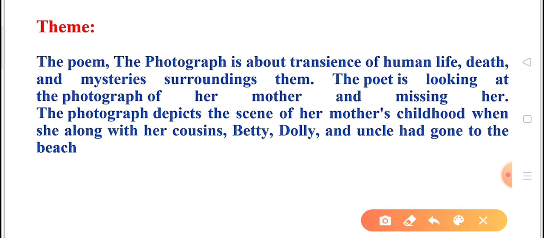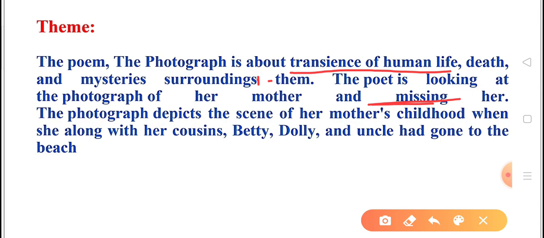Now moving to the next part, this is the theme of the poem. So the poem is all about the transience of human life, brevity and short-lived human life, death and mysteries surrounding them, not as surroundings. The poet is looking at the photograph of her mother and missing her, because mother is no more. She is looking at the photo, and the moment she looks at the photograph of her mother and her two cousins,